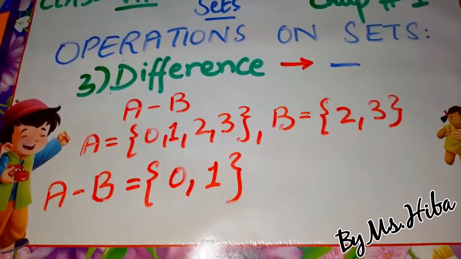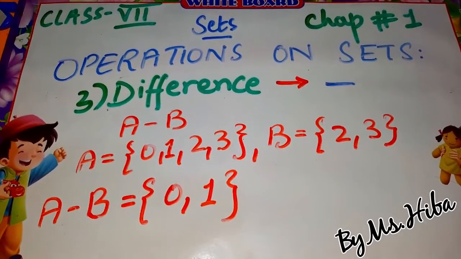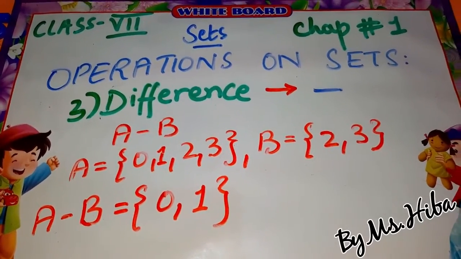Number 3, difference set. The difference set of any two sets A and B is the set of the elements of set A which are not in set B,